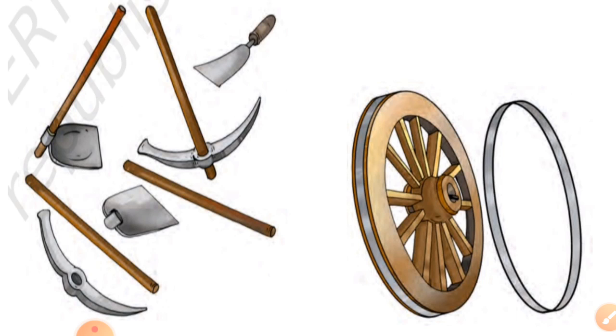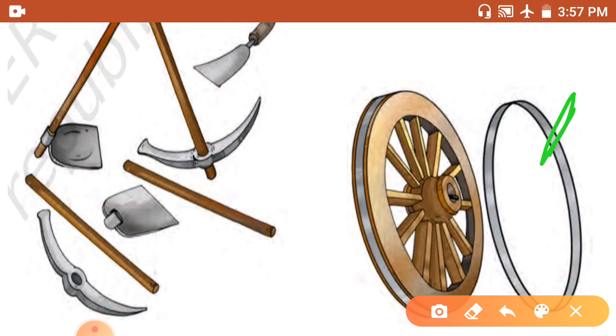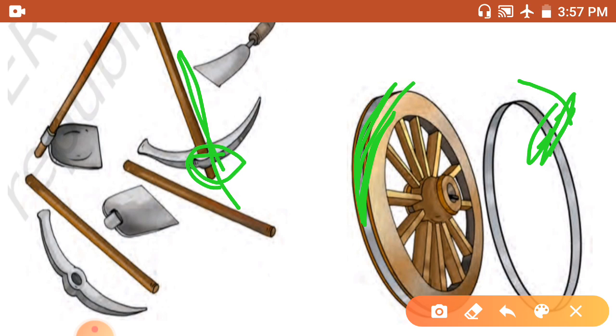You can see a bullock cart anywhere. If you see the bullock cart, you can see these wheels. These wheels are attached to the carts, right? So how are these iron frames attached to the wood, totally fixed, right? Here you can see the iron blade is fixed in the wooden handle.